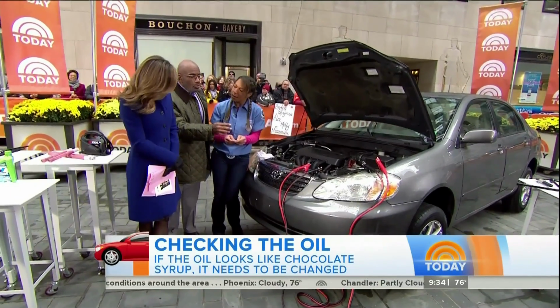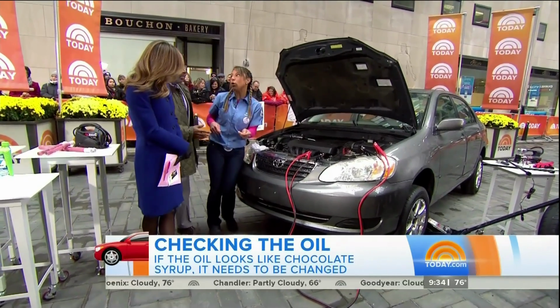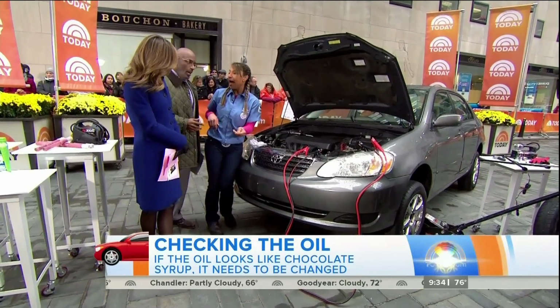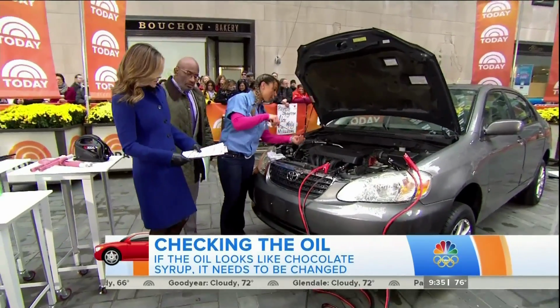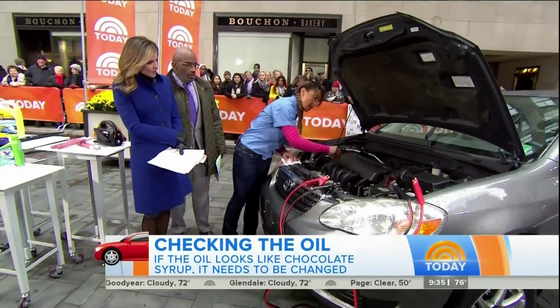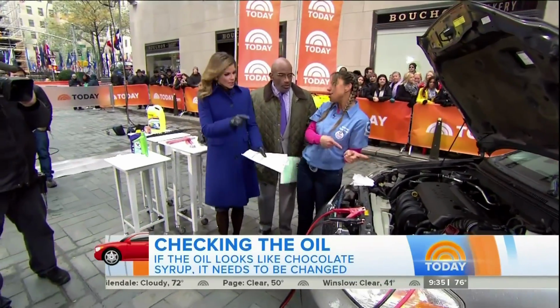Now, should you check your oil when the car hasn't been started or after it's been running? You want to check your oil when it's cold and on level ground. Okay. Level ground. When you're done, after you check it, we're going to put it all the way back into the dipstick tube. Okay. And we're done. But while we're under the hood,